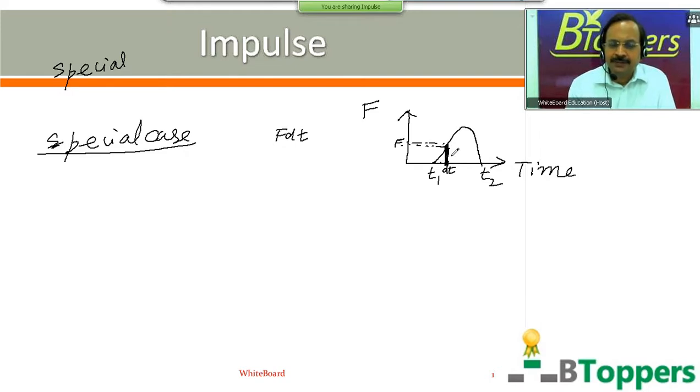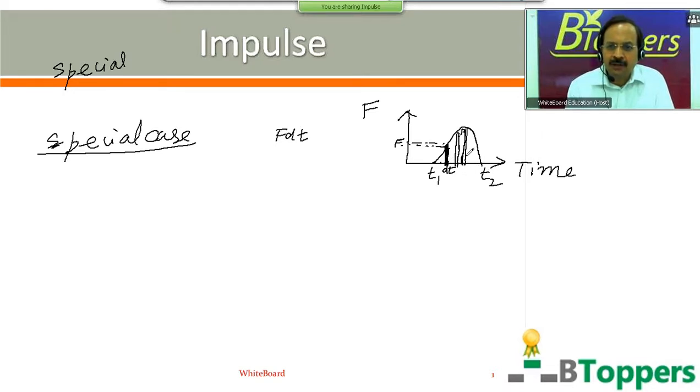So to find the total impulse or total change in the linear momentum of the body for the time interval delta t equal to t2 minus t1, we have to add the area of all such elementary rectangles. That means you can imagine the total area to be divided into a very large number of small elementary areas, each in the form of a rectangle with infinitesimally small breadth dt.